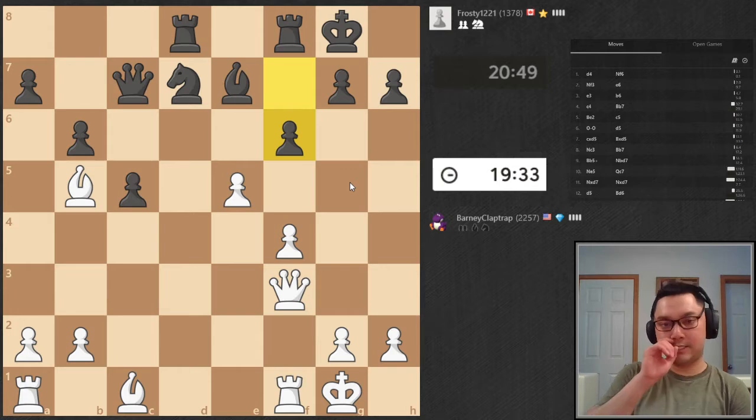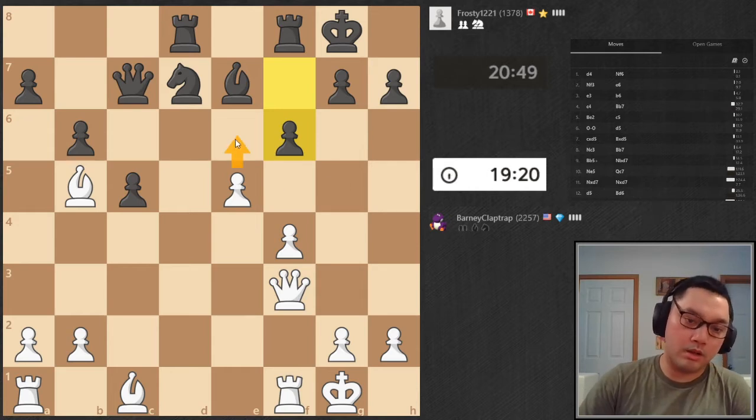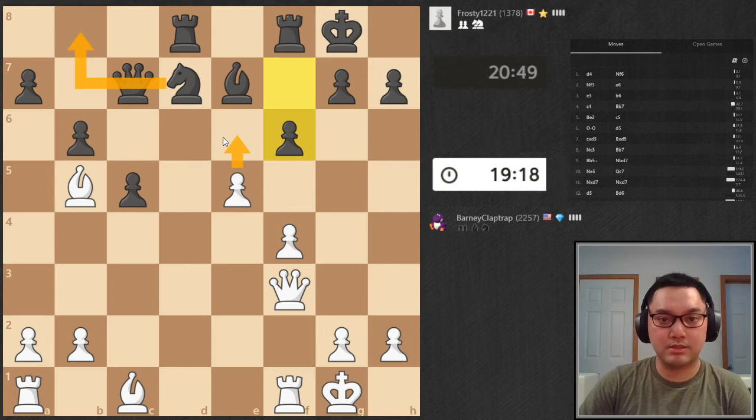I want to push e6, and then he's forced to play knight b8. How good is that move? Pawn e6, knight b8. I think I'm just opening my dark square diagonal if I do that. Huh. Interesting. So